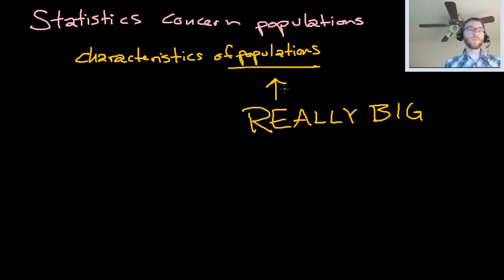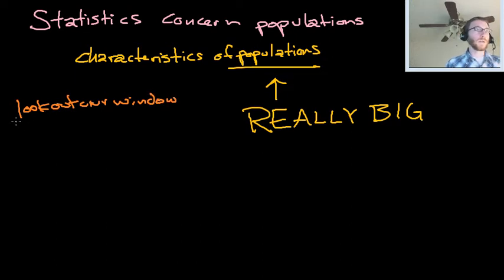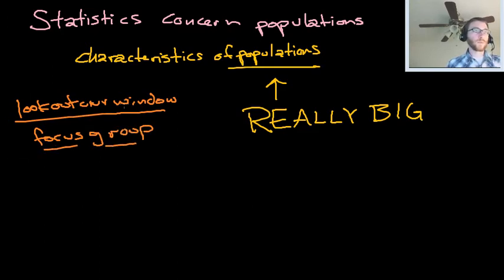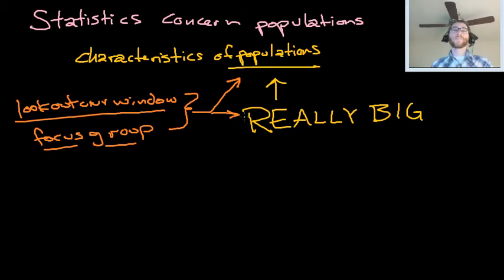And so what we do as human beings, particularly as eggheads who sit in offices, is we take stuff we can see, right? So we want to be able to look out our window, or maybe even look inside ourselves, or at a room full of a focus group, maybe. We want to take what we learn within a focus group or out our window and use that information to reach really big conclusions. That's basically what statistics is for. To an economist, it's delightful because understanding populations is impossible.